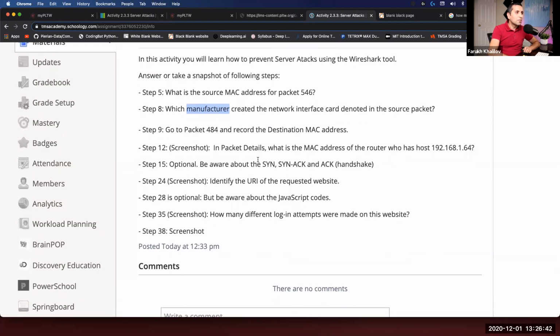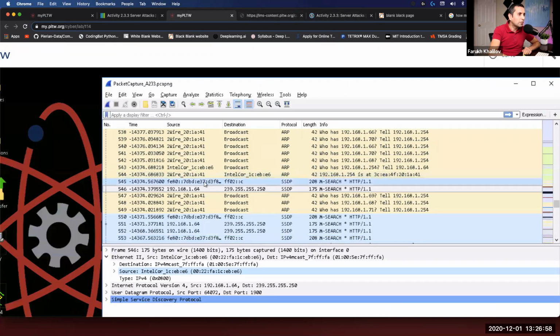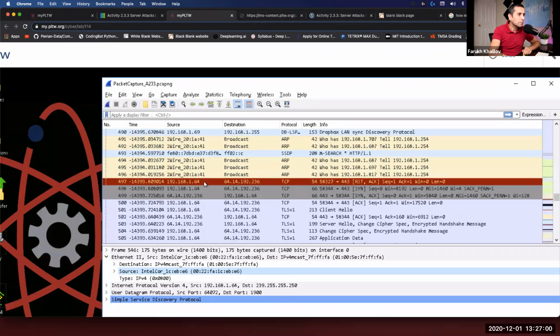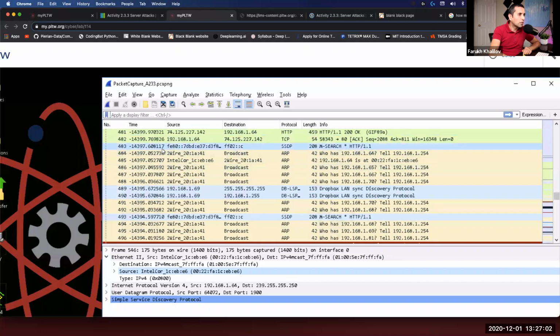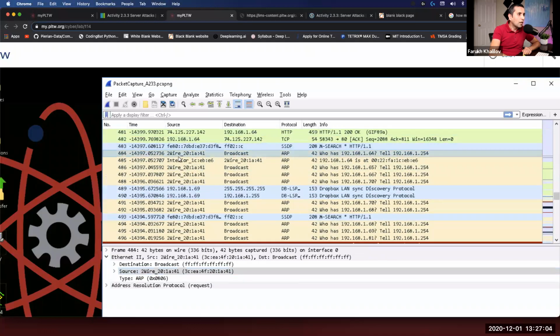Perfect. So right now it says, can you go to packet number 484 and find the destination MAC address? Okay, so in packet number 484 something was sent, and let's see to whom it was sent. Right now I need to find 484. Here we go. It was sent from this one. You see, we have 2-Wire. By the way,